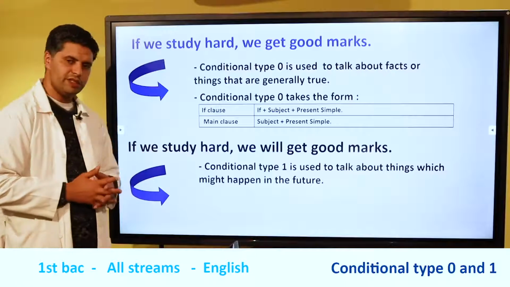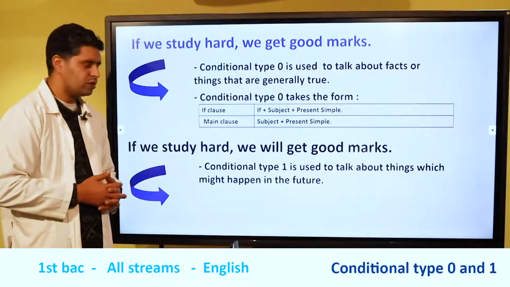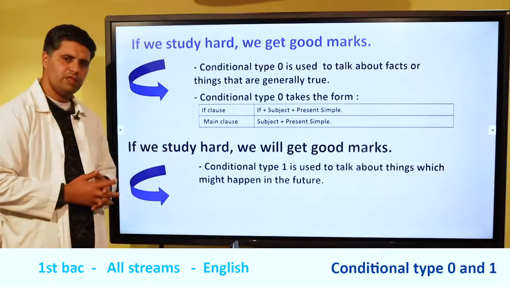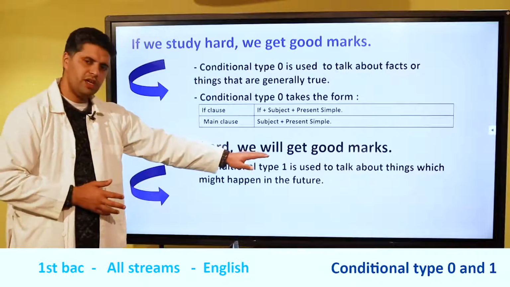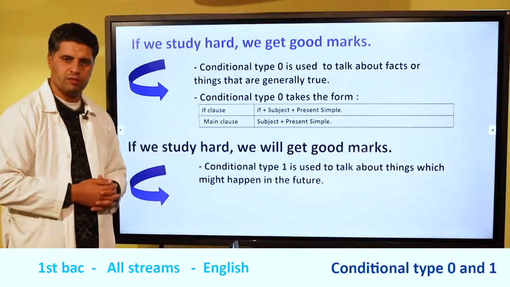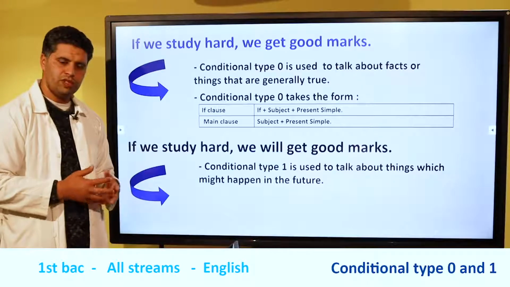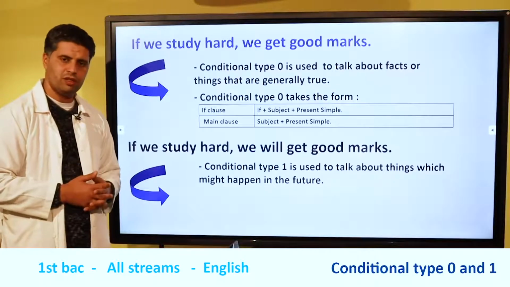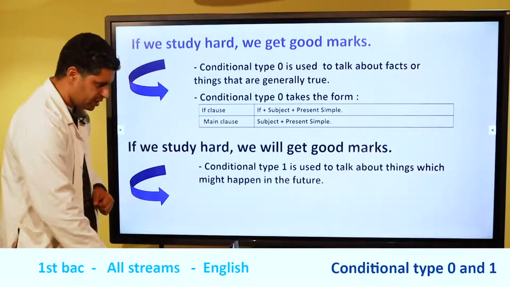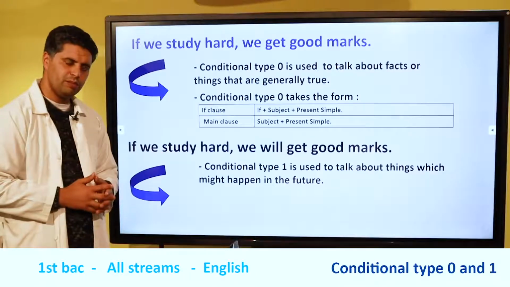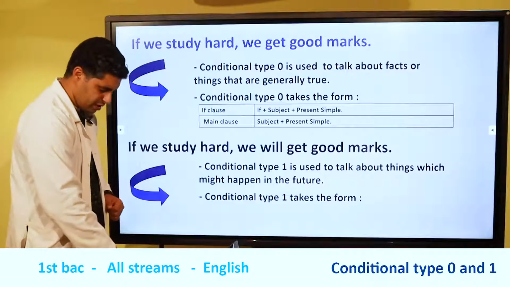For example, in this statement, we have, if we study hard, we will get good marks. Here, this person who is speaking is not sure about the result of studying hard. That's why he has used the future simple. So when you use the future simple, or when you talk about something in the future, you just predict or anticipate, so you cannot know what will happen in the future. Okay, great. So this is the use of the conditional type 1, and for the conditional type 1, the conditional